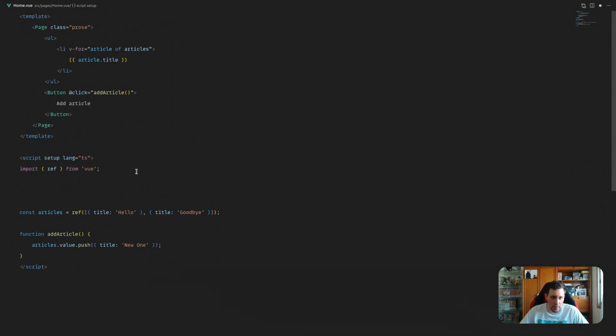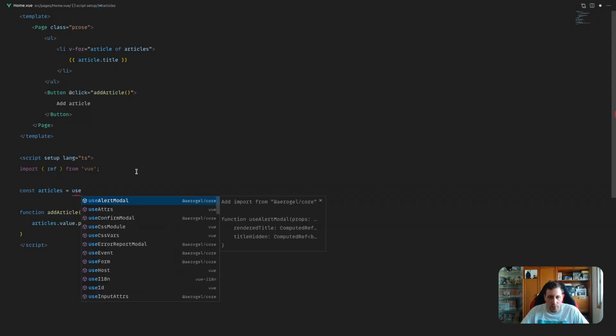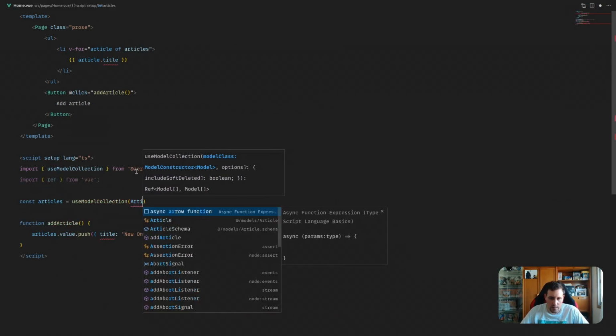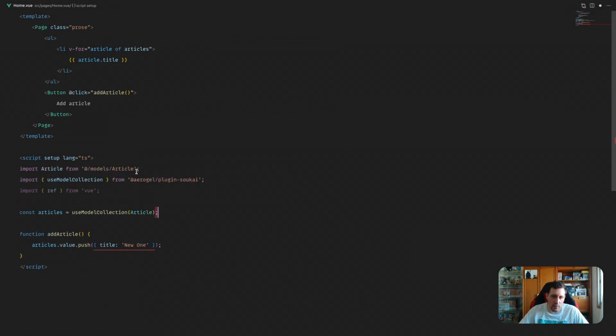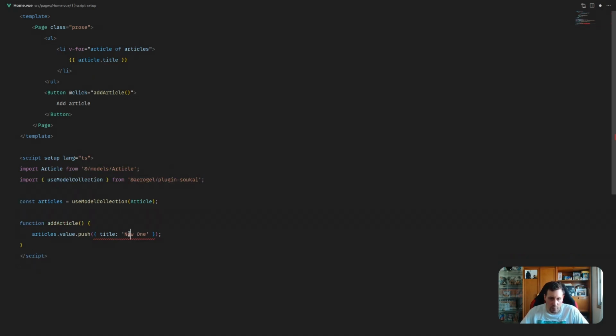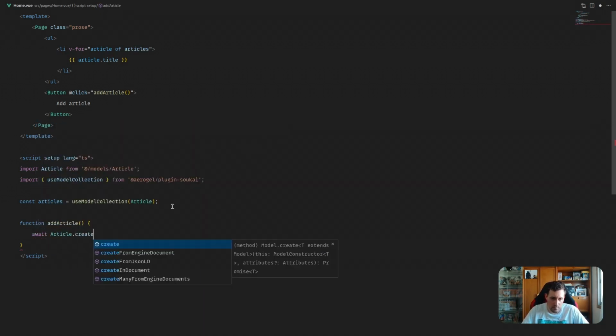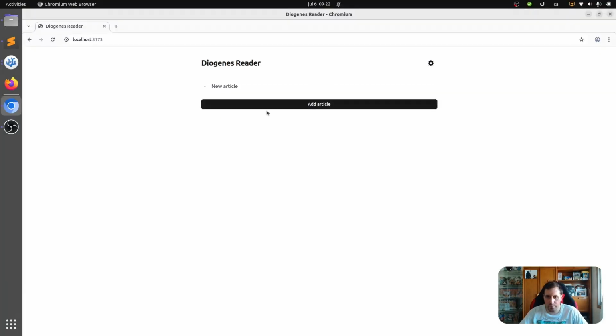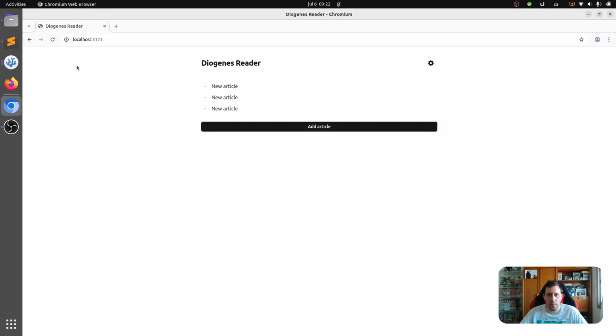So once you do that, this has created the model here for you, and now you can use it whenever you want. For example, here, instead of having a view ref, we can use the use model collection hook from Aerogel, and we can pass the article model. For now, instead of doing a push, we're just going to create a new article. So once we do that and we go here, we still create articles, but this time when you refresh the page,